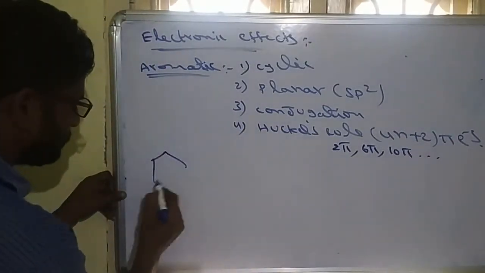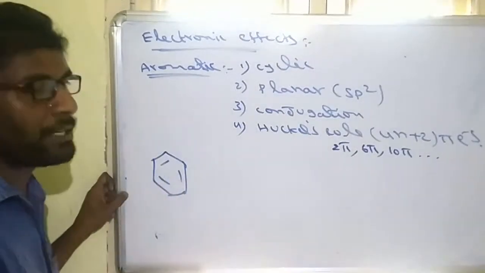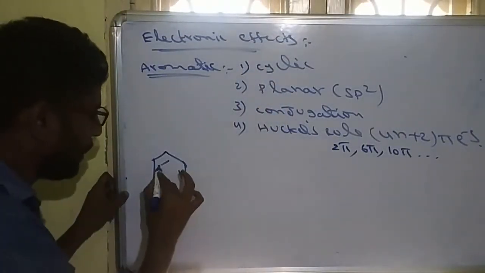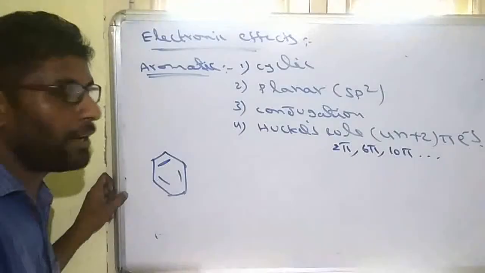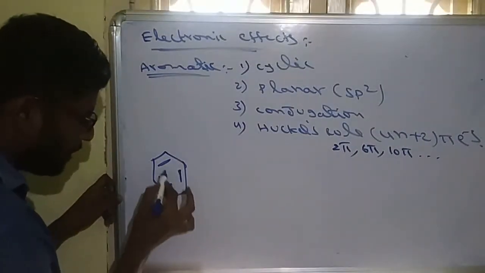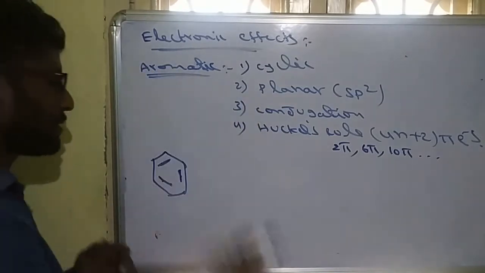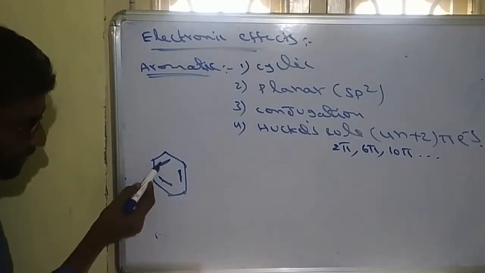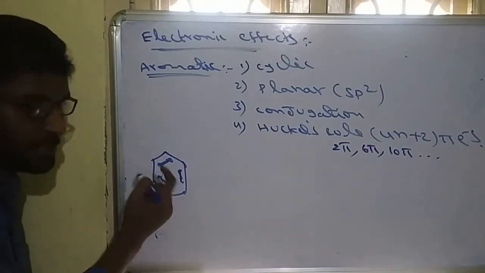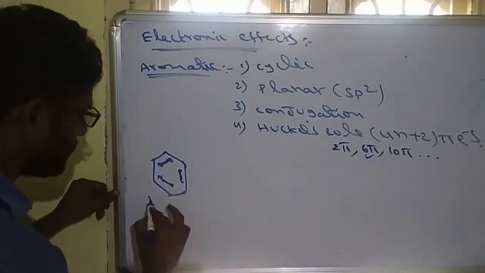Some examples. The first simple example, I am taking benzene. Benzene, we all know that it is aromatic. But how is it aromatic? It is cyclic. It is planar. Why is it planar? Double bond means alkene. Alkene hybridization is sp2, so that is a planar molecule. Conjugation: here all pi bonds are in alternate positions. This comes here, this comes here. So delocalization is there. That will show conjugation. Finally, Huckel rule. There are 3 pi bonds. One bond is equal to 2 electrons. 3, 4, 5, 6. There are 6 pi bonded electrons. That means it is following the Huckel rule. So this is aromatic.